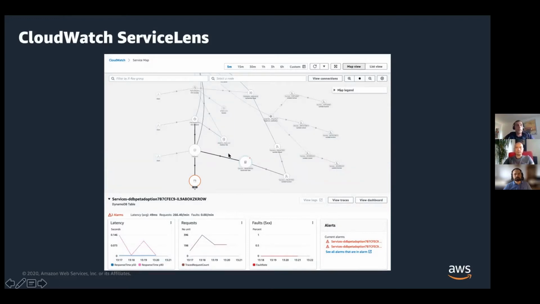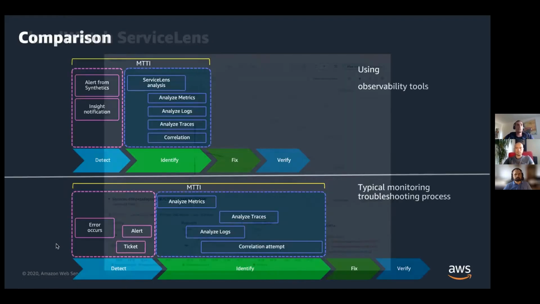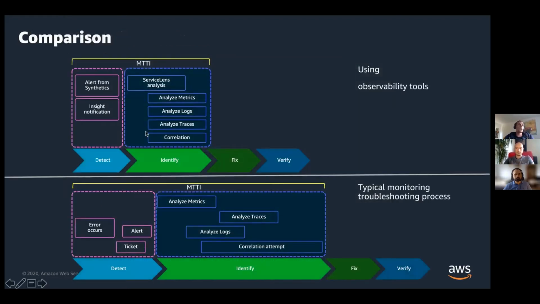So to summarize, here is what it would look like if we compare a typical monitoring approach with observability tools in place. That's what it would look like. Having proper tracing, logs and all, with proper correlation capability, really reduces your identification phase a lot. And having proper synthetics and insight information at your business level gives you a really better way to get to the detection part of your resolution system.